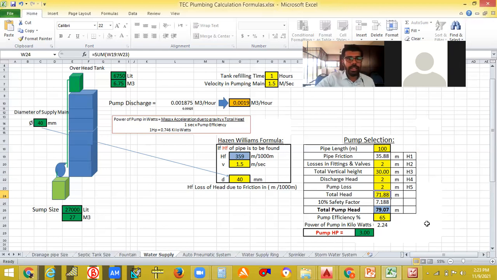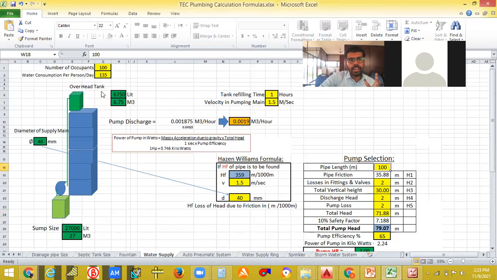So for a hostel, if there are 100 people and they are using 135 liters per day per person, the overhead tank should be 6,750 liters if they are using half day storage, and the diameter of the pipe is 40 and the sump capacity is 27 meter cube.